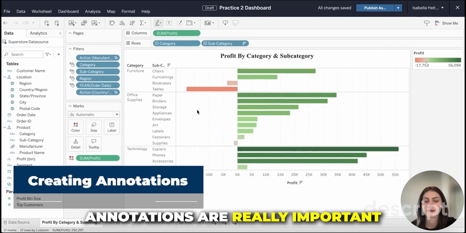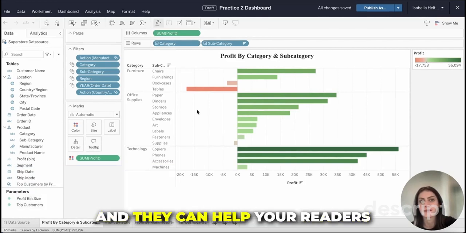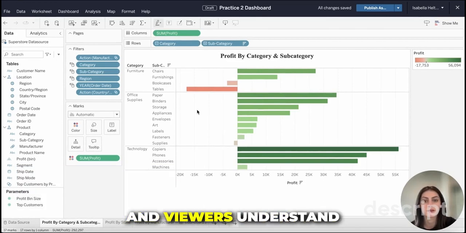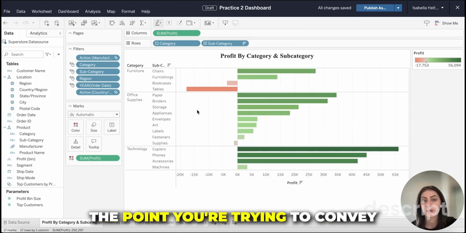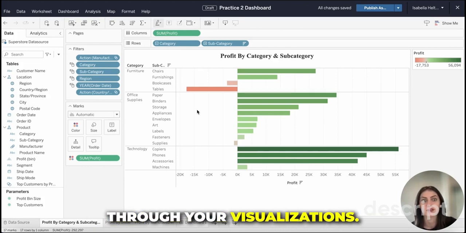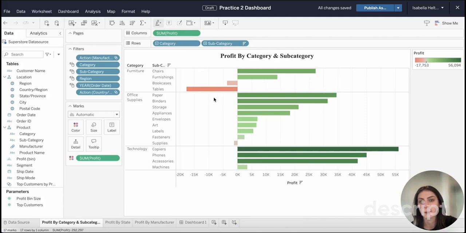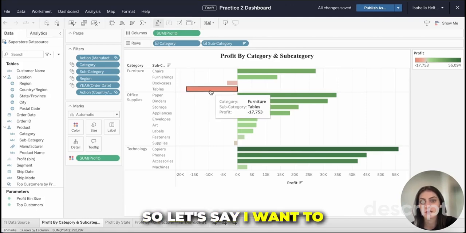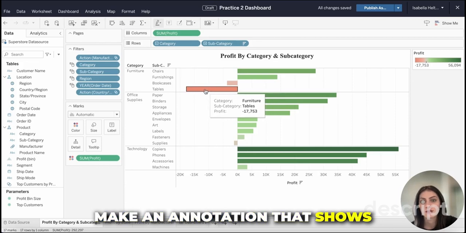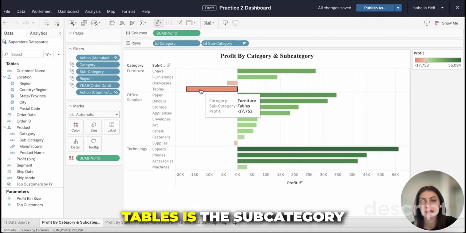Annotations are really important when you're creating graphs, and they can help your readers and viewers understand the point you're trying to convey through your visualizations. Creating an annotation in Tableau is really easy. So let's say I want to make an annotation that shows tables is the subcategory that is making the least